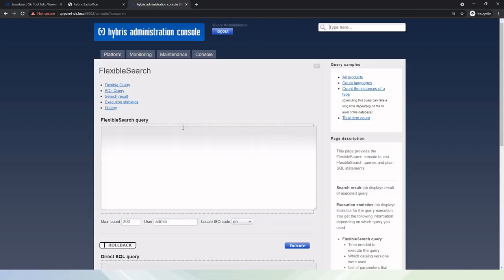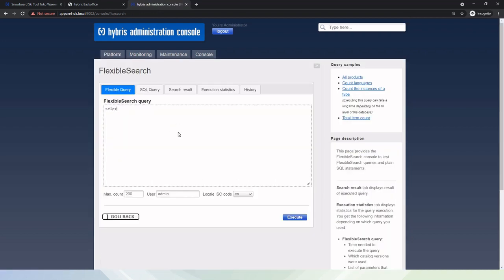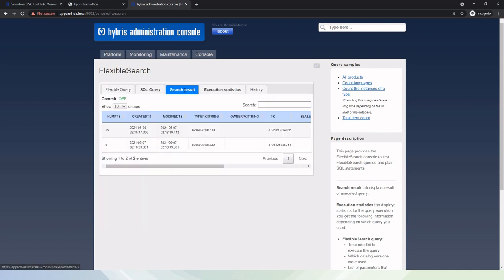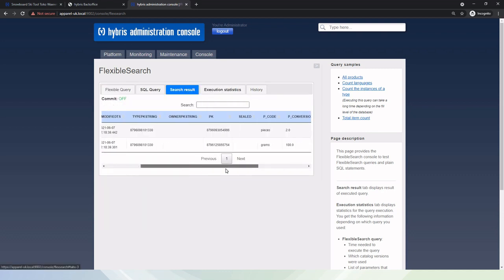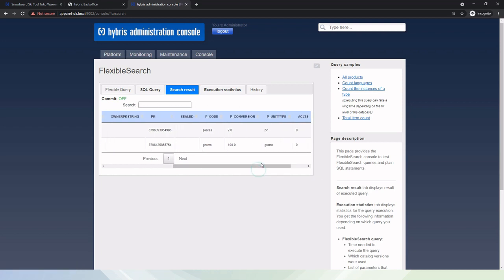Now let's check in the unit item type. Then here you can see that grams is now inserted and the value of pieces is updated.